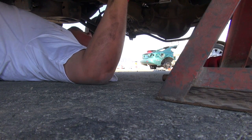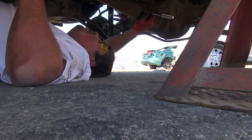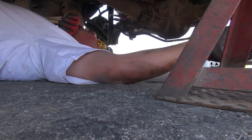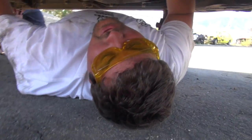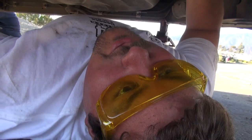I'm going to get your rebound on the meta side. I think we're there on this one. Yeah, good. We're going to break the bolt at some point. Alright, drive shaft is in. The mud that was caked into that right front...